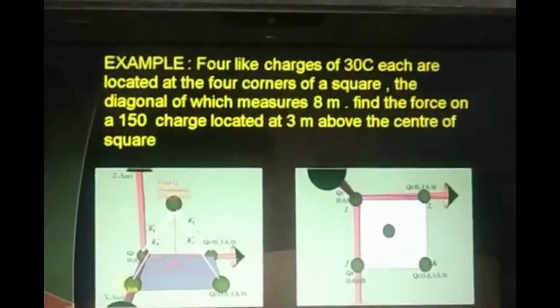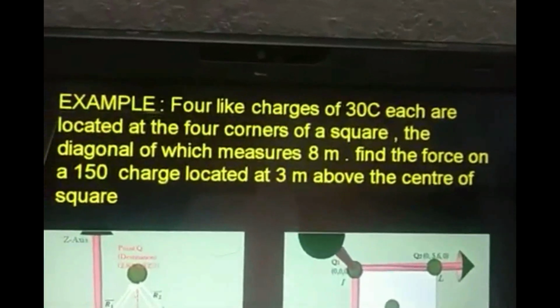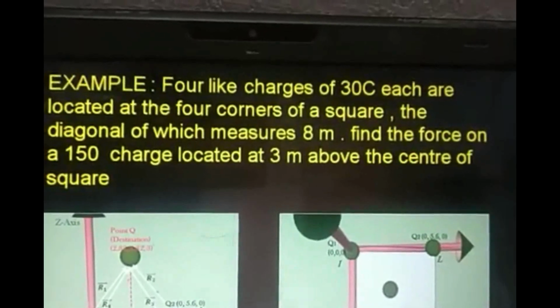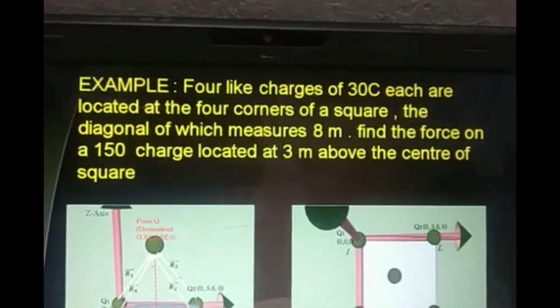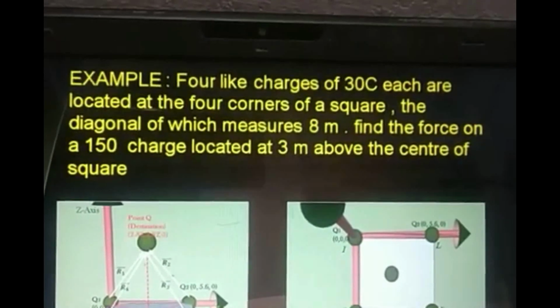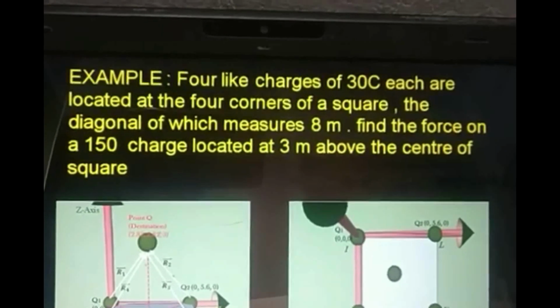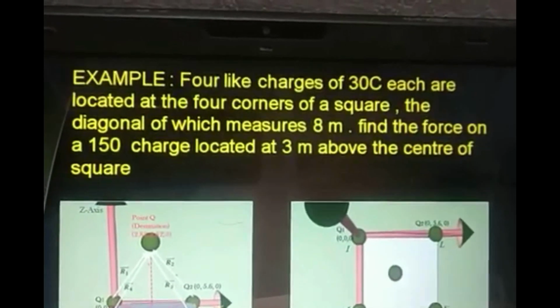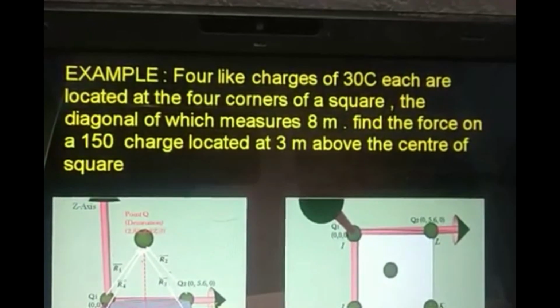The next case, if we consider another example, where 4 like charges of 30 coulomb each are given at the 4 corners of a square, and the diagonal of which measures 8 meters. Find the force on a 150 coulomb charge located at 3 meters above the center of the square. So what is given? First,